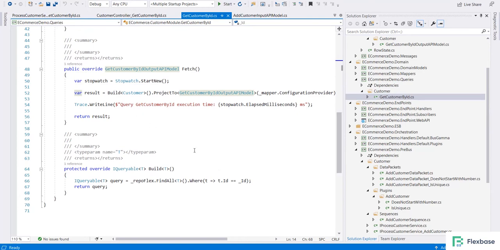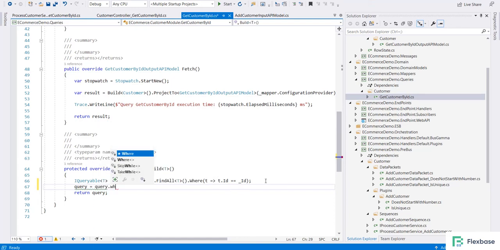The build method creates the IQueryable for you. Since it is a where condition where we are getting the customer only by ID, this is created for you, and you may not need any other where condition for getting the customer by ID. And if you need anything, which we will discuss more in the list, get by list and get paged list, here is the way: query equal to